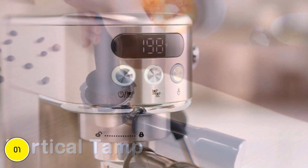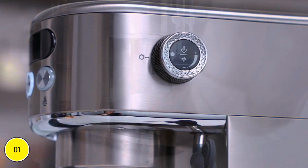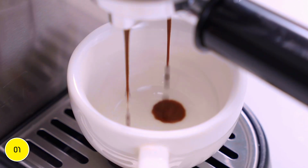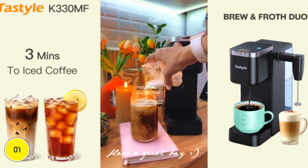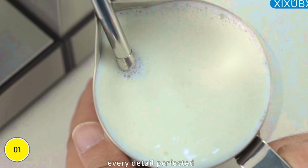Here's why this matters for you specifically. If you crave cafe-quality drinks without stepping out, this machine can deliver. Now, some users did mention that the machine can be a bit tricky to clean due to its design. Here's the thing though. If you're someone who enjoys the coffee-making process and doesn't mind a little maintenance, this shouldn't